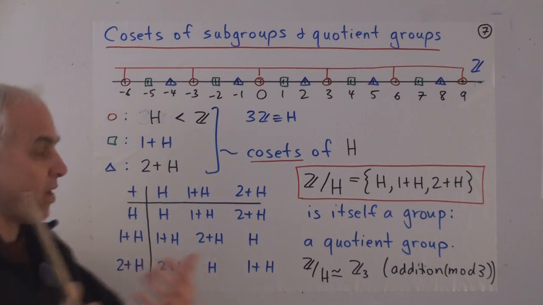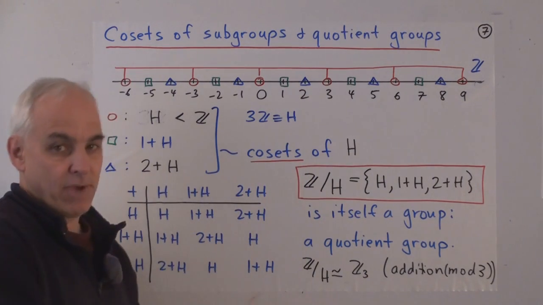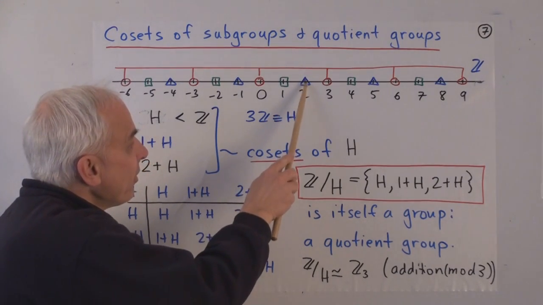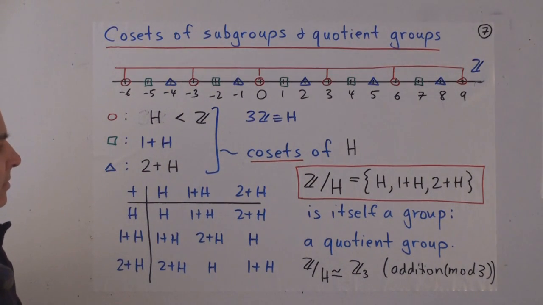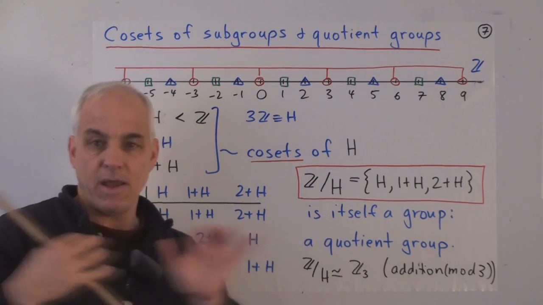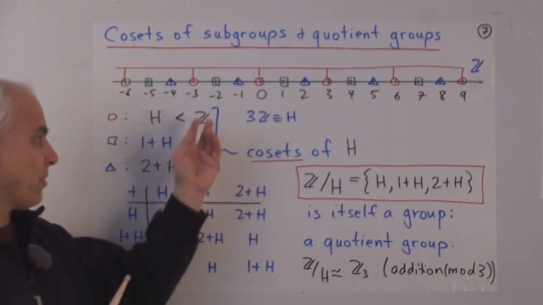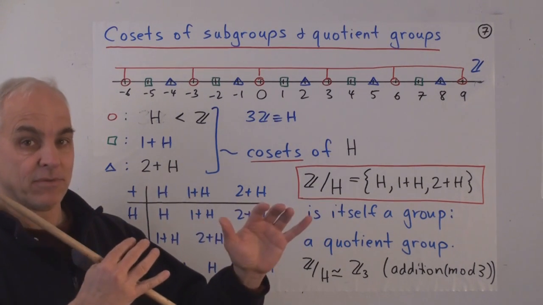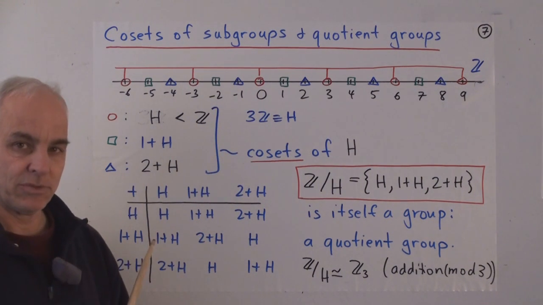Similarly, we might shift once more by another 1. In other words, shifting the original subgroup by 2 to the right, say. We'll call that 2 plus H, and here it is in the blue triangles. So 2, 5, 8, along with minus 1, minus 4, and so on. Of course, we can do other things. We could also shift by 5 or by minus 12. But any further shifts are not going to give us any new structures. We're always going to get one of these. So for example, if we shifted 1 to the left, or minus 1 plus H, that would be the same as this 2 plus H.